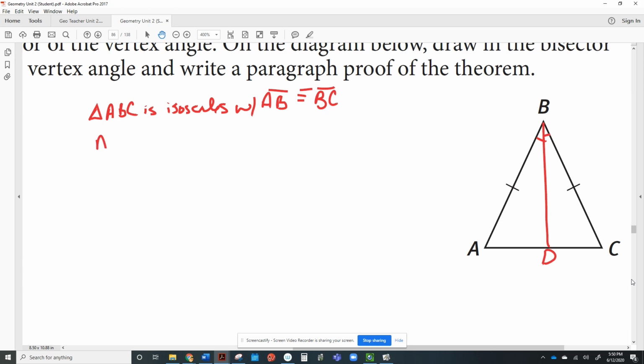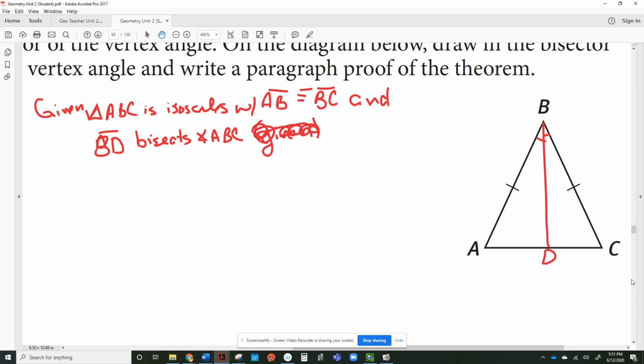Then I would say that BD bisects angle ABC. And that was given. Okay, these two were both given pieces of information. So I would probably start by saying given ABC is an isosceles triangle, and BD bisects angle ABC. I would put a 1 and a 2. So we could say,